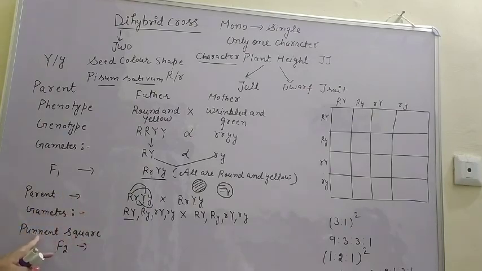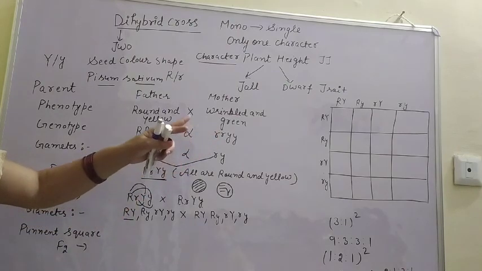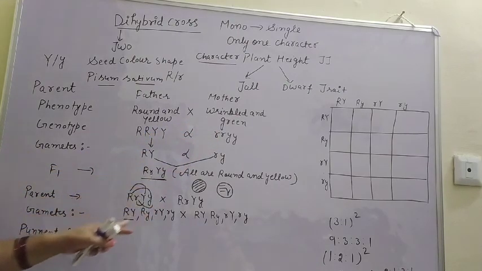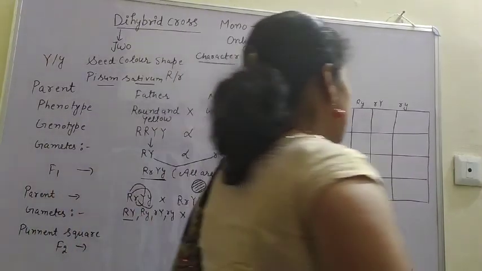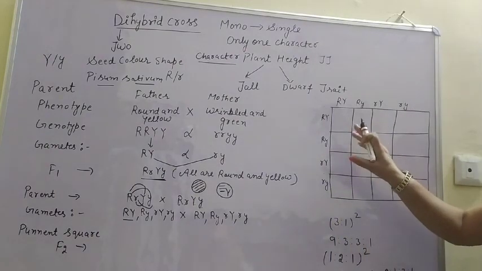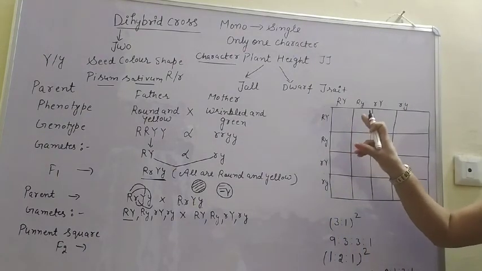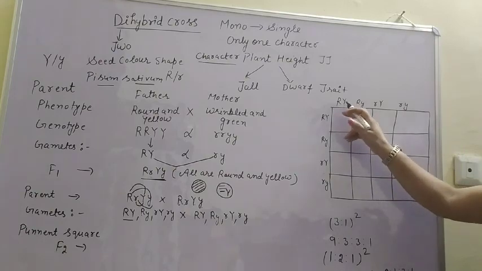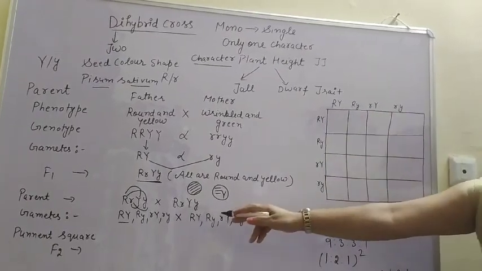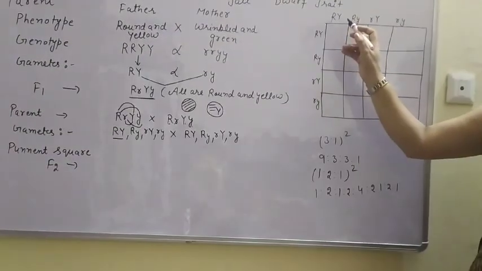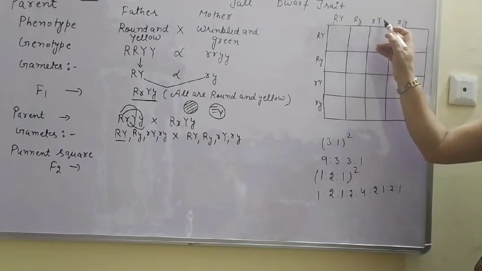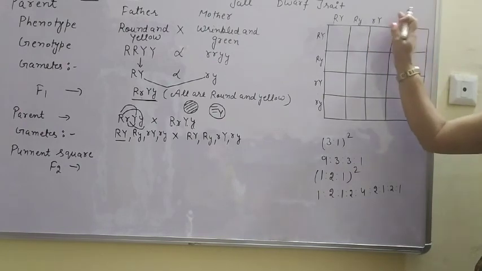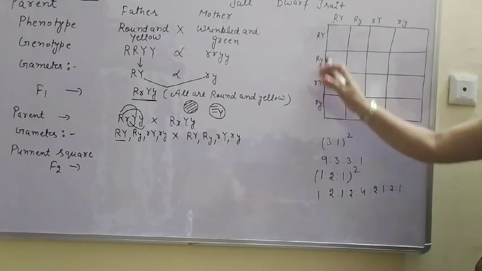After that we can draw it with the help of the Punnett square. So we draw the box, and in this box we will write the progeny of the F2 generation. So now let us discuss this box, the Punnett square. On the upper side we write the gametes: capital R capital Y, capital R small y, small r capital Y, small r small y, and the same types of gametes are written here on the side also.